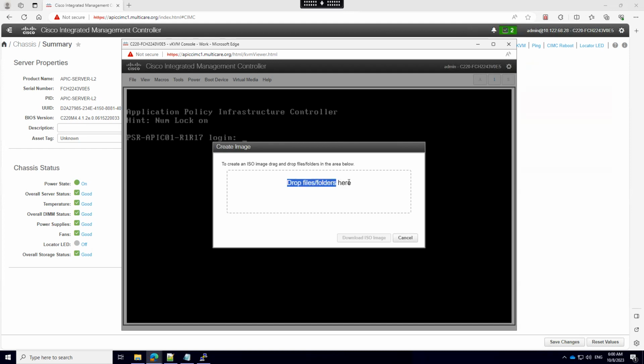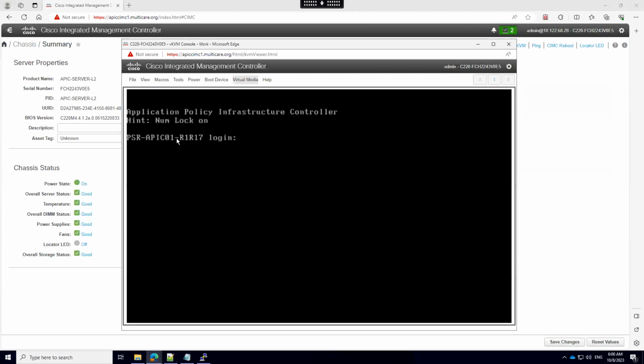If you are using the laptop, use your desktop image file. This is how you bring up the APIC for the first time. APIC upgrade and downgrade is a different thing. I'm not focusing on that for now. I'm focusing on how to bring up the APIC.